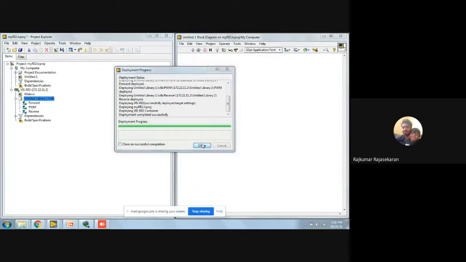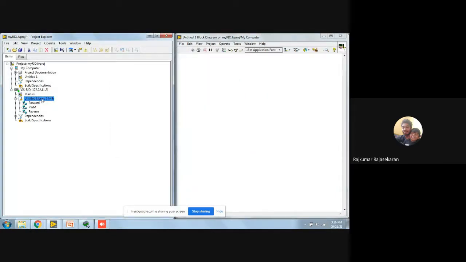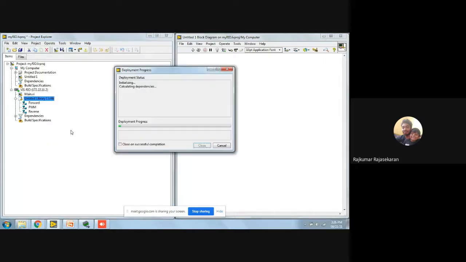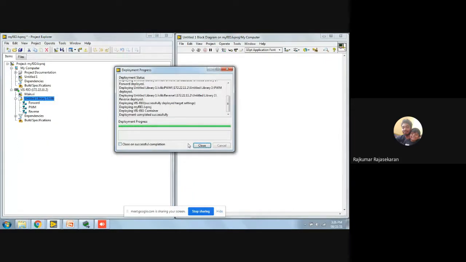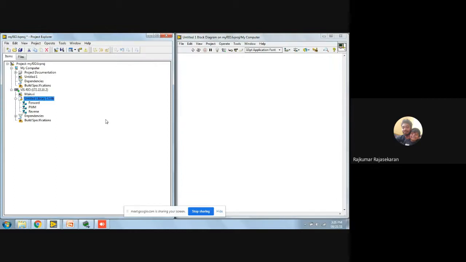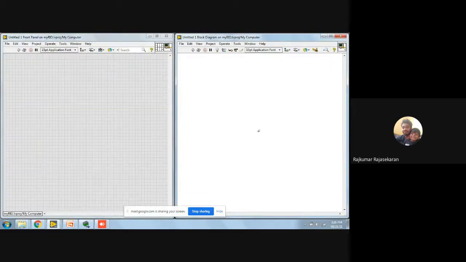Okay, so I give deploy, and mostly it deployed. Now coming to my LabVIEW code.